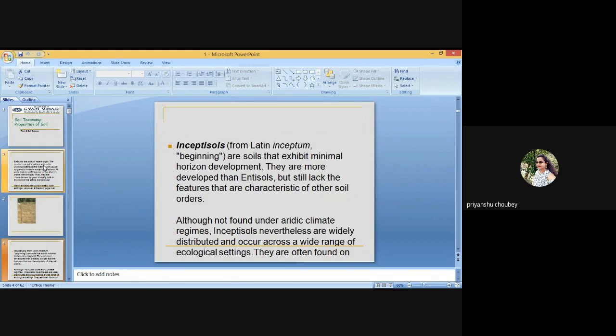They are more developed than Entisols, but still lack the features that are characteristic of other soil orders, although they are not found under arid climate regions. Nevertheless, they are widely distributed and occur across a wide range of ecological settings. They are often